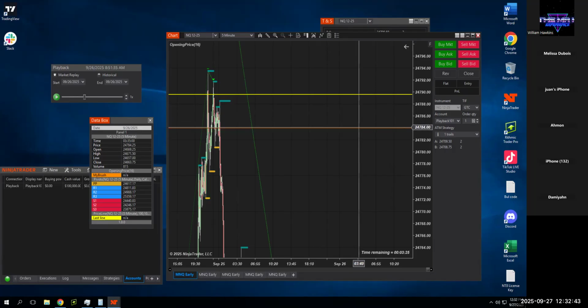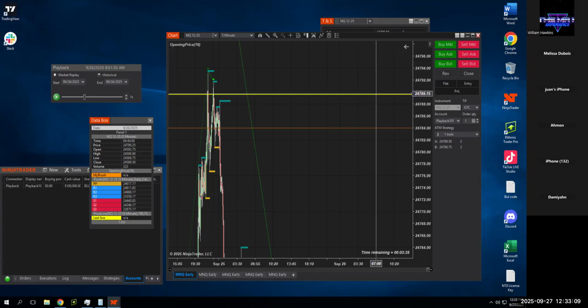I will buy it at the brown line, and I will look to get out around the yellow line. I'm either going to get $100, or if it goes a little bit further past it, cool, I'll take an extra 120, 130. But I normally look to get out around the next level. So the next level from here would be here. That doesn't mean it's going to automatically start dropping down, but more than likely it's going to start resisting